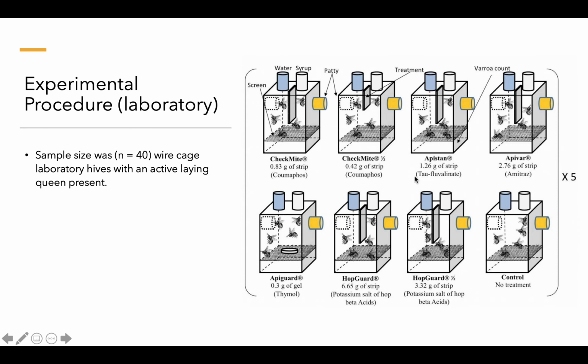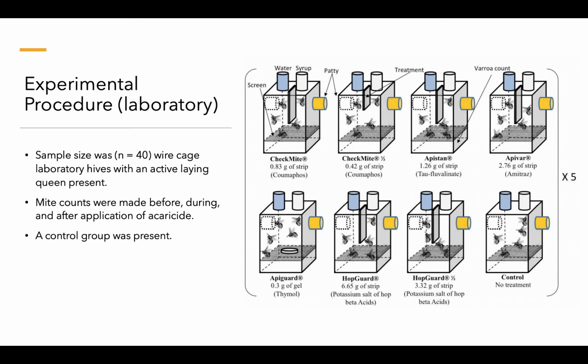So this was carried across 8, and you notice down here the control has no treatment, and the different types of treatment processes are used: Checkmite, Checkmite half dose, Apiguard, Hopguard, half dose. Again, the mite counts were made before, during, and after application, whether that was counting the number of mites that fell through the little screen here and died, and the researchers would count the number